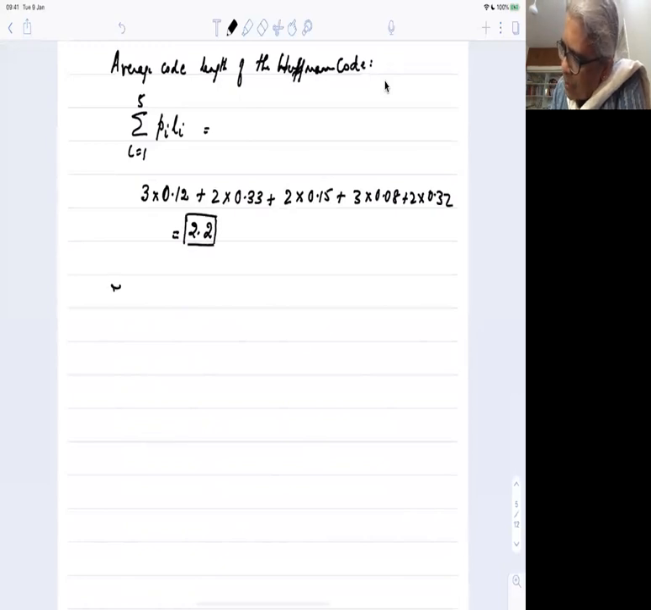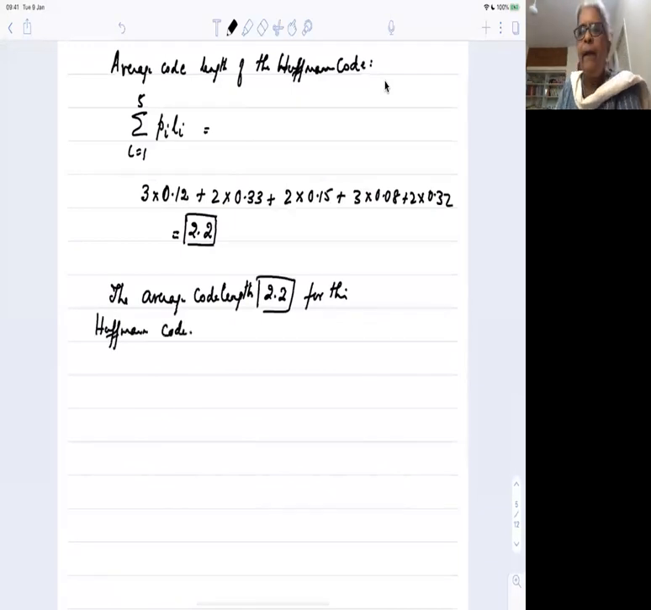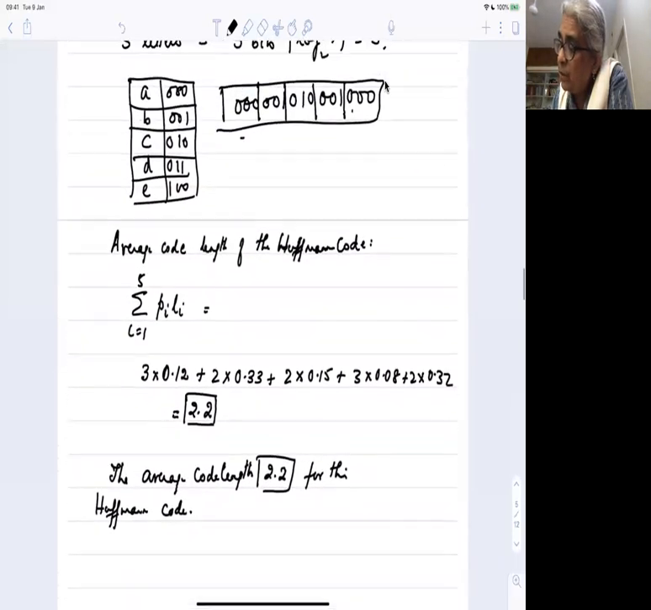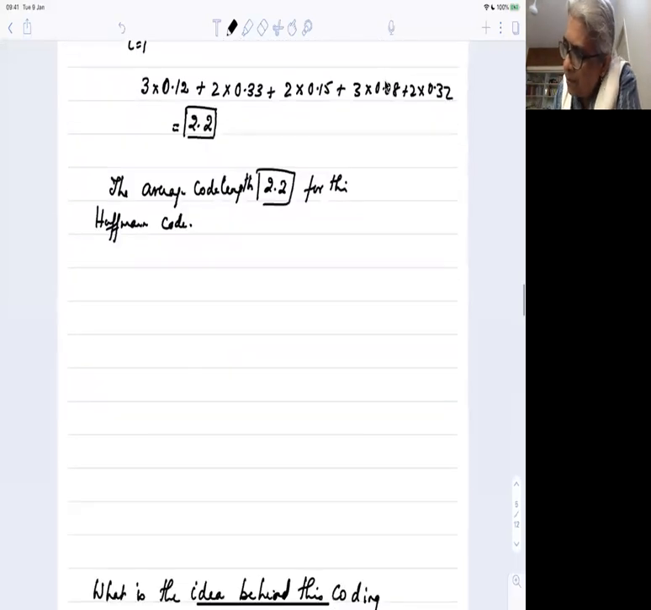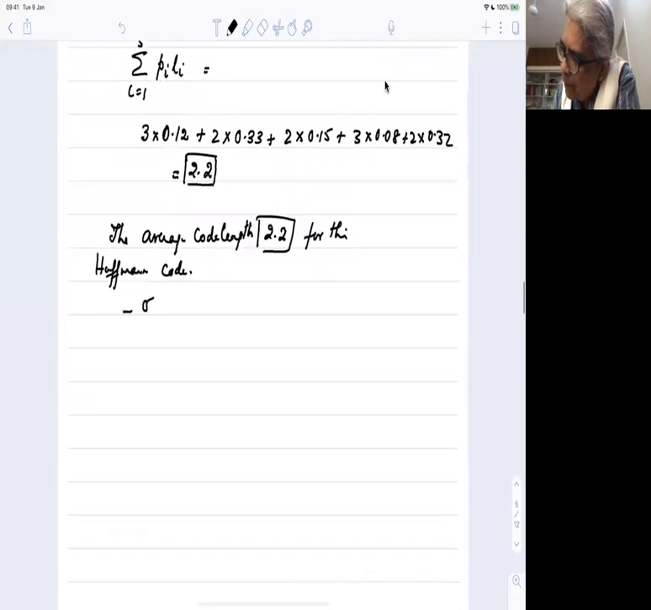So the average code length is 2.2 for this Huffman. Okay. Now, the important point is that, as I already mentioned, the symbols can be anything. It's an extensively used Huffman coding algorithm. It is considered the most optimal coding algorithm,